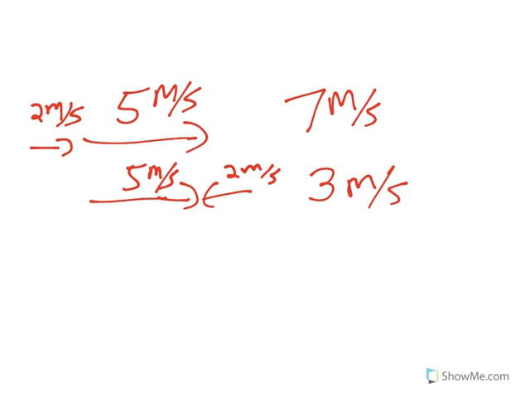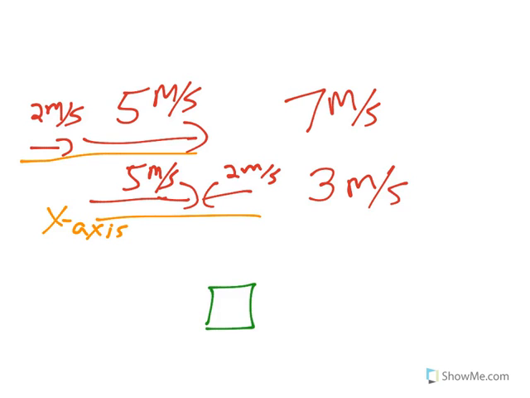Okay? Now, the reason we know this is true is because whenever we add vectors, if they're going the same direction, we add them together. If they're going the opposite direction, we subtract them. All right? And this is only if they're on the same plane. So in this case, both of these are on the x-axis. If they're both on the y-axis, that's all well and good too. For instance, if